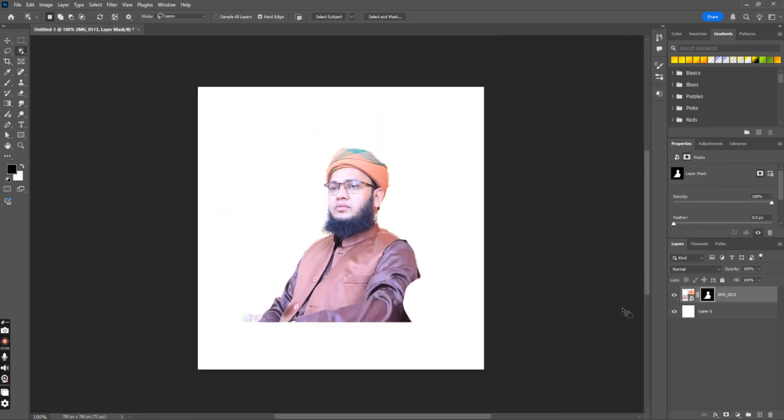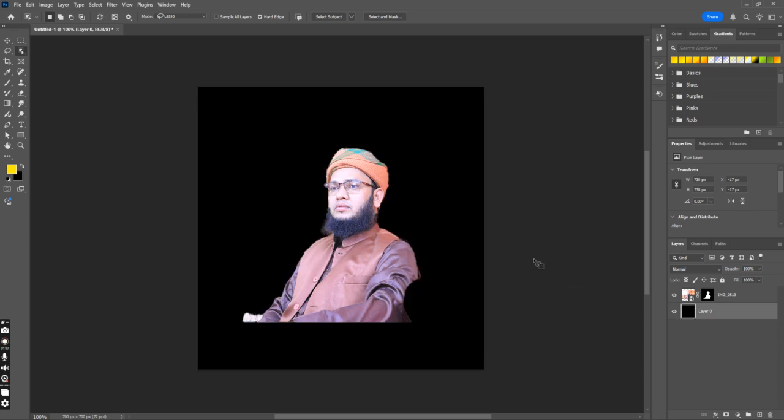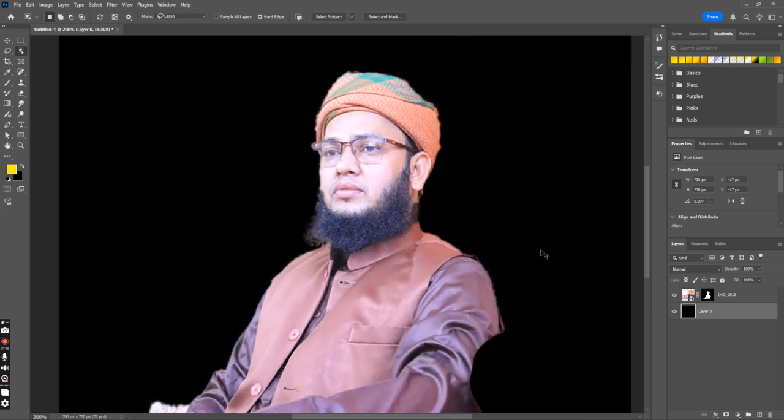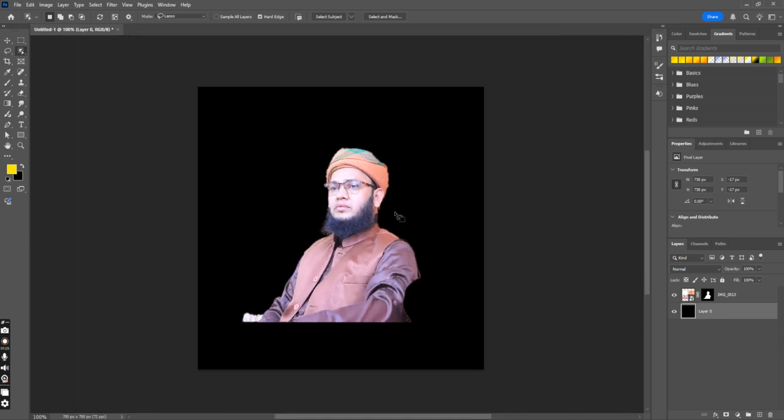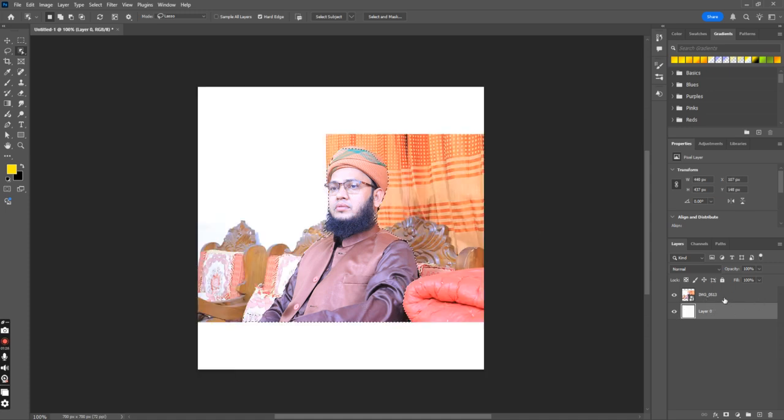for better understanding, we will make the background layer black by pressing Ctrl and Backspace. And if I look now, you can see that the background removal quality of this image is not good. So what should we do to make it better? Let's press Ctrl Z,